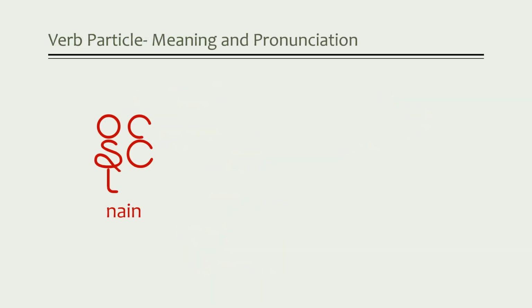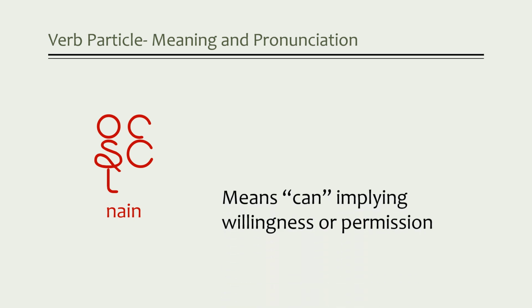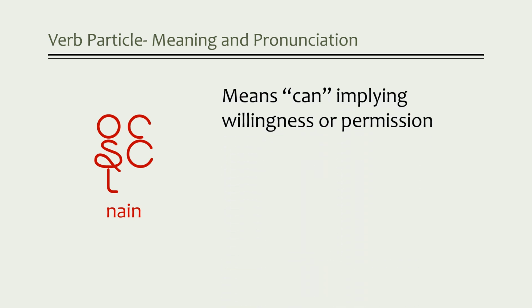This is the first particle we'll talk about. Now, this can also be a verb meaning to win, and it's used as another particle that means may or might. But in this lesson, it's used with a verb to mean can, in the sense that someone is willing to do something, or someone has permission to do something. So in our first example, I can take you to the store. We're saying, I'm willing to do it. Or when a parent says, you can go with your friends, permission's being granted.